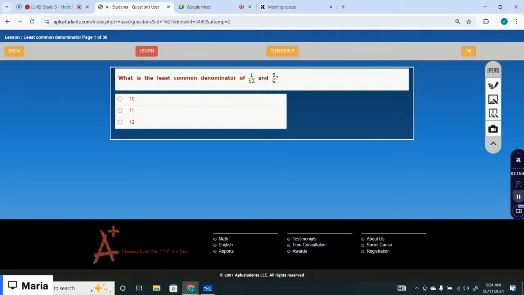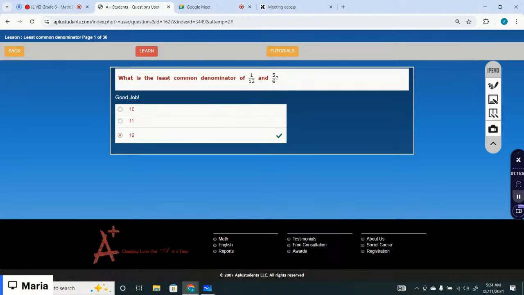That is 12, right? We just did the example. Okay, the next one is,